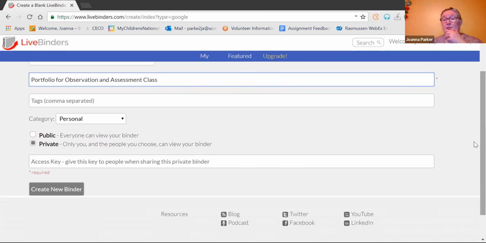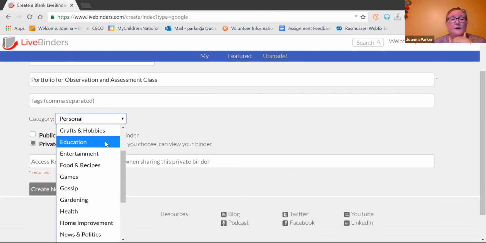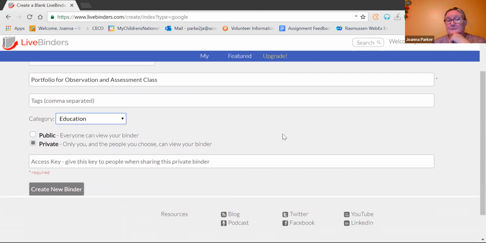Now you have a couple of options here. You can create a category if you want, it doesn't really matter. You can put education. And you can create public, which means that anybody can see it, or private, which means that only you and people that you share it with can see it. What is important about this is that if you mark it private, you have to create an access key. And so I'm going to click where it says access key